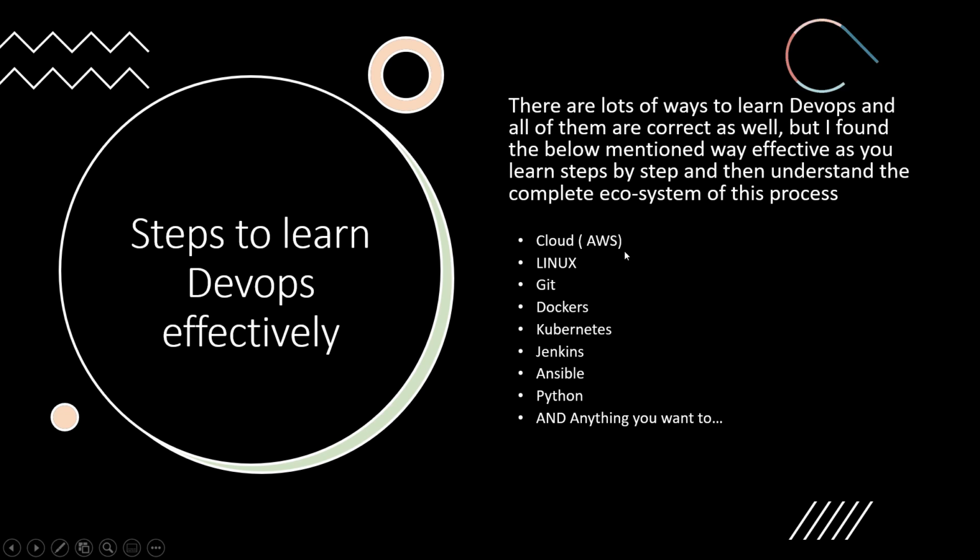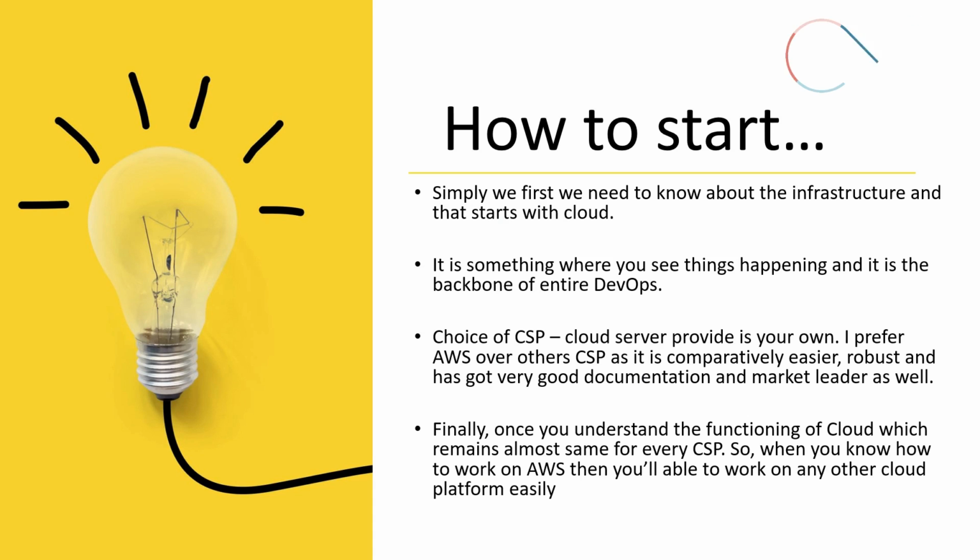This is something which I have come up with, like cloud. That's something you need to learn first. Then Linux, then Git, Docker, Kubernetes, Jenkins, Ansible, Python, and any other tool that you want to learn for more efficiency. But cloud is the first one to learn, because this is the playground. This is the area you're going to work in. So how to start? We first need to know about the infrastructure, and that starts with cloud. Cloud is where, as I said earlier, you will work most and where you will connect everything. It is the backbone of the entire